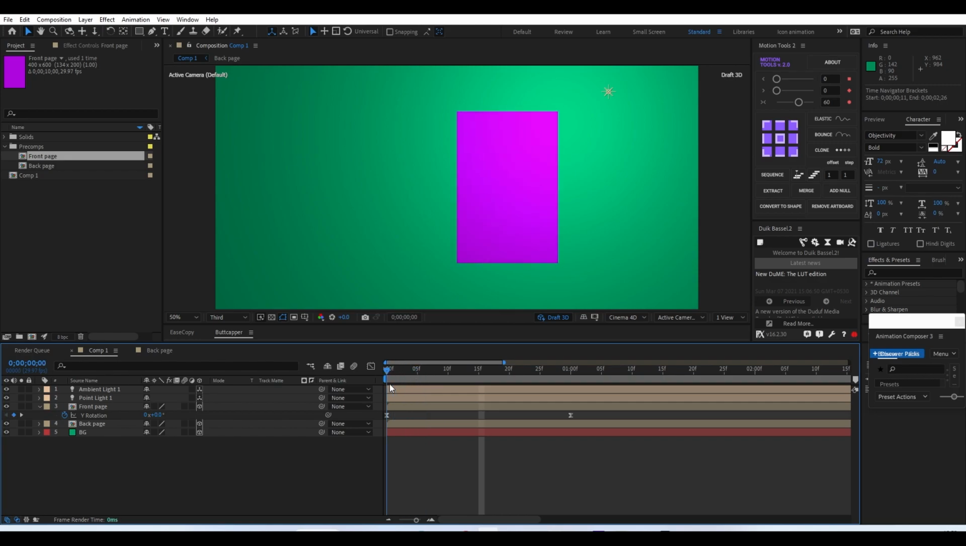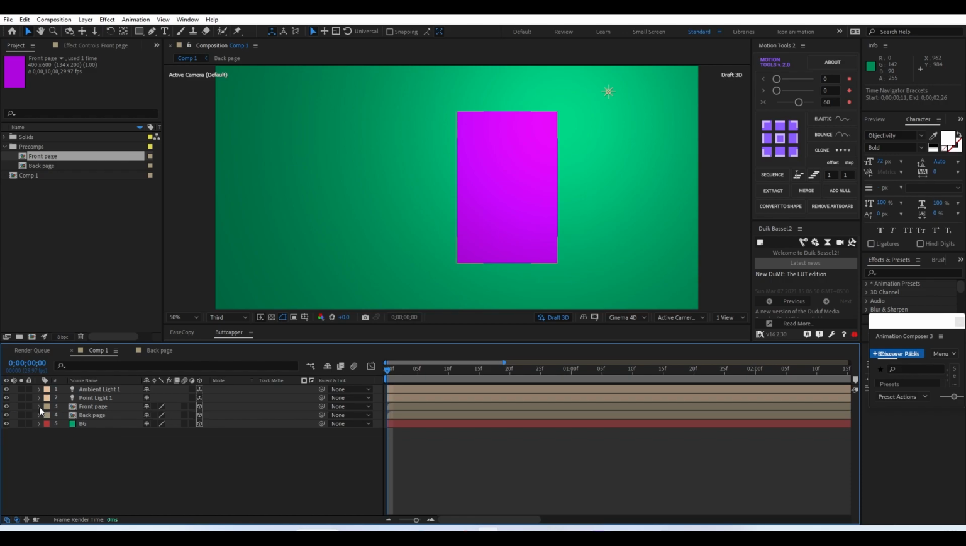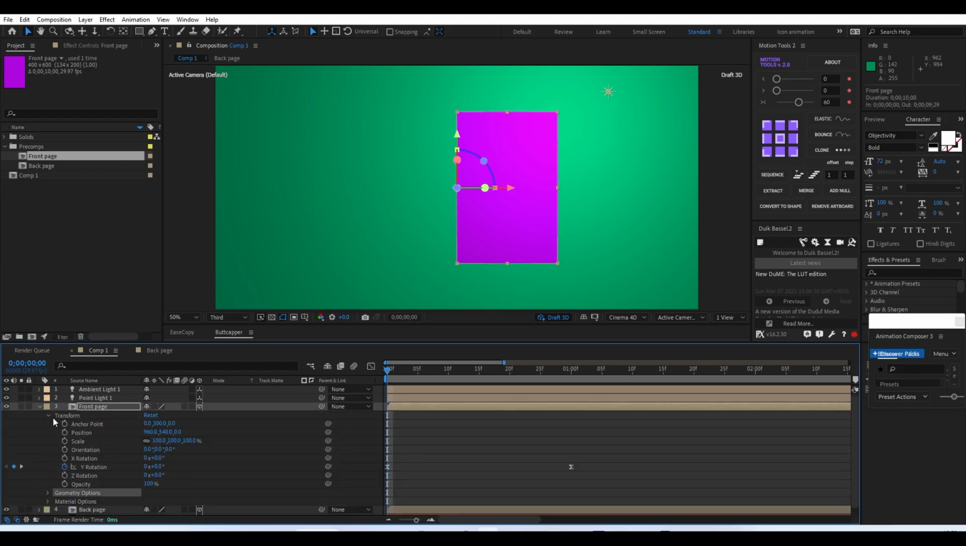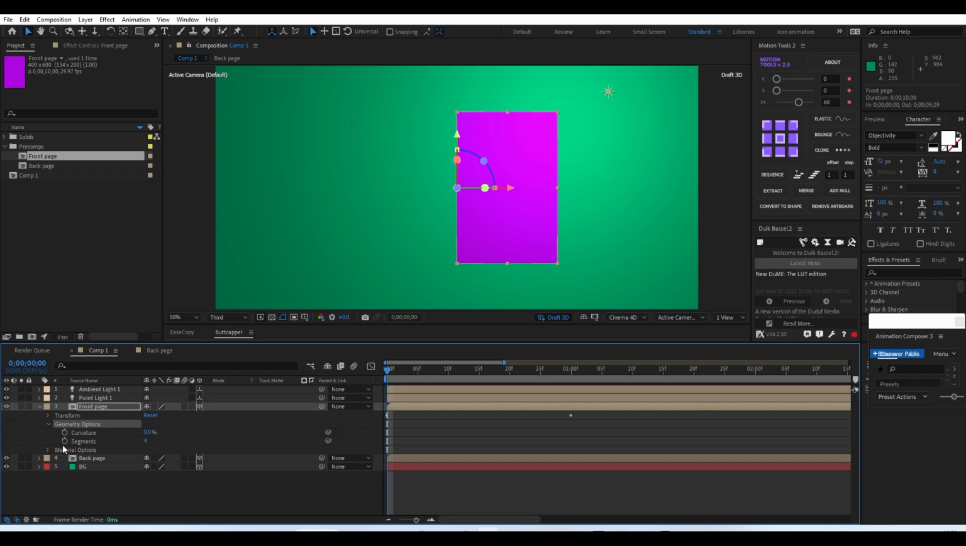So in the beginning, at the 0 point, we'll just go to geometry option, and we'll add a keyframe for this curvature, and we'll just do the same at the last keyframe as well. This time the value is 0, and after that, maybe after a few frames, maybe 5 or 6 frames, we'll just add a value of maybe 30,